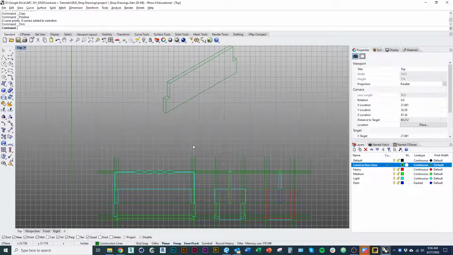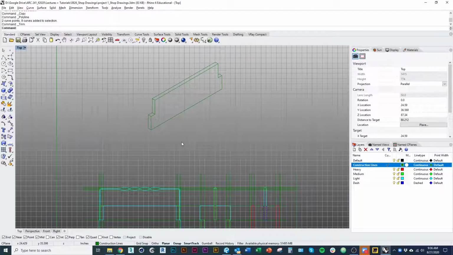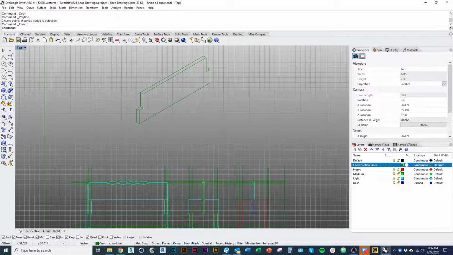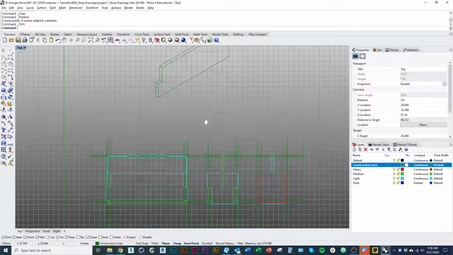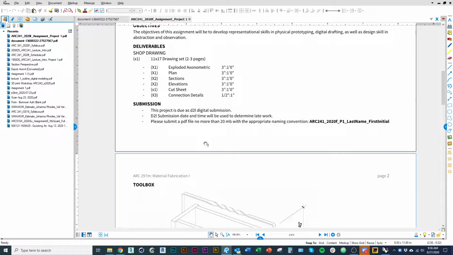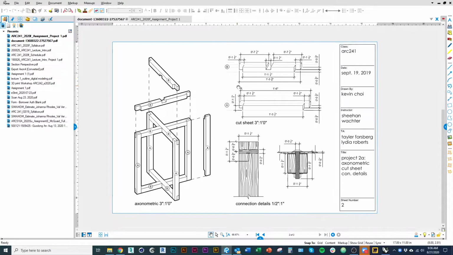Now, what I should point out here is, as we draw bit by bit, we're not necessarily going to see all this stuff. So what I'm doing is drawing each part so I can really see how it's all going to fit together in my mind as I go. And that's why I'm working on construction lines. But what we are going to do at the end, and if you reference back to our assignment, it says to draw an exploded axonometric. And like in the example, that means we're going to draw an axon and we're also going to explode off some of the pieces so that we can show all the parts that go into this